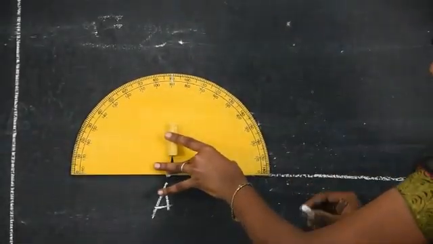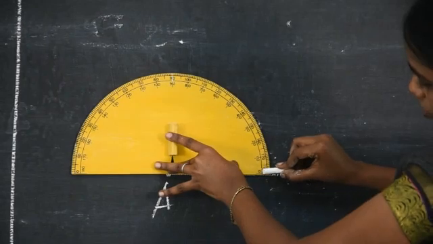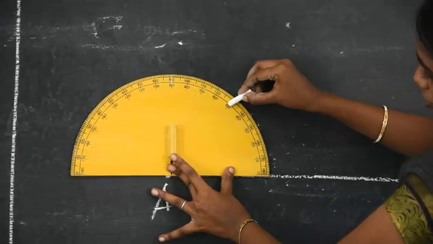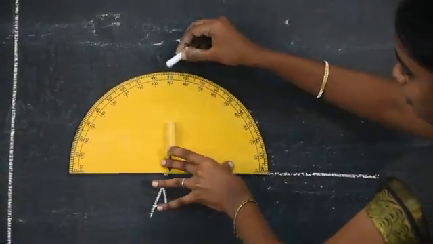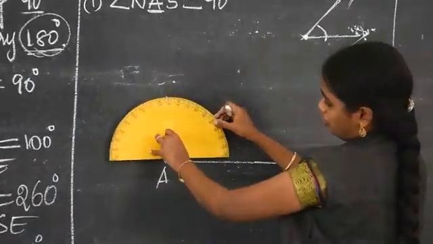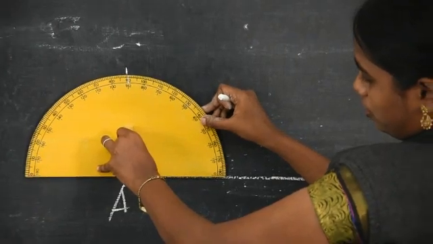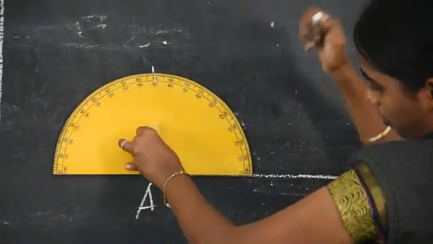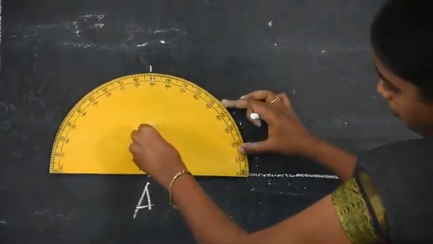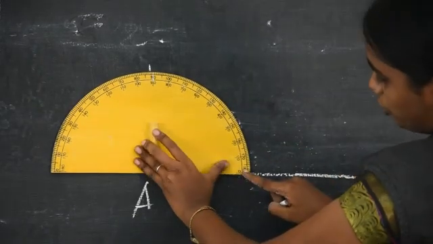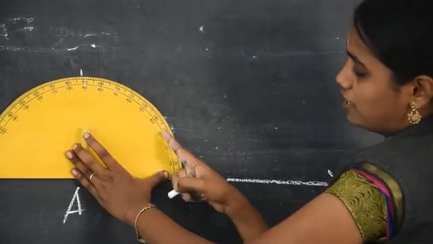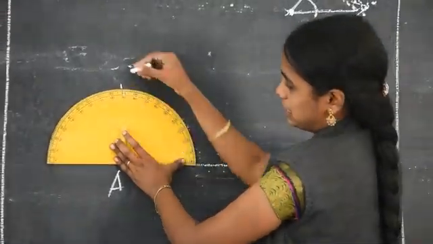When you go for another measurement, another degree, always go from 0: 0, 10, 20, 30, 40, 50, 60, 70, 80, 90. Just mark a point, a dot. Fix at your center A. Place the protractor properly, don't place it like this. After fixing, you cannot go from 180, always go from the 0 measurement: 0, 10, 20, 30, 40, 50, 60, 70, 80, 90.